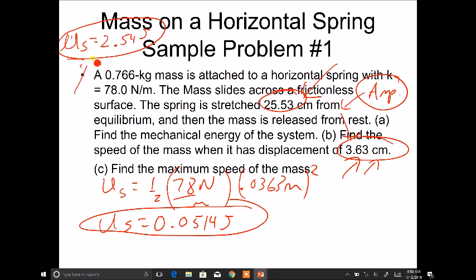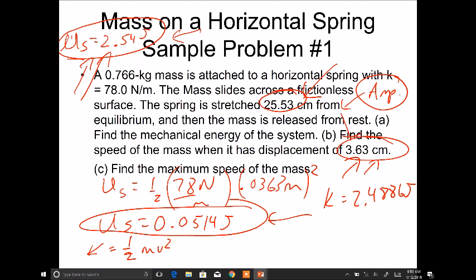But remember, this is the total energy of the mass, the total energy of the system. So if this much is elastic potential energy, then 2.54 minus 0.0514 is the amount of kinetic energy that it possesses at that point. So let's go 2.54 minus 0.0514. And we end up with a kinetic energy of 2.4886 joules. Well, remember that kinetic energy equals 1/2